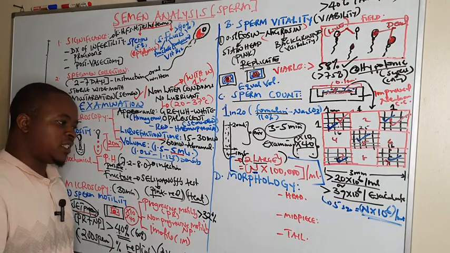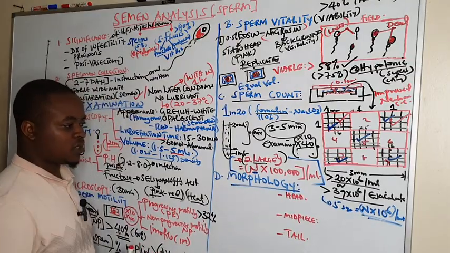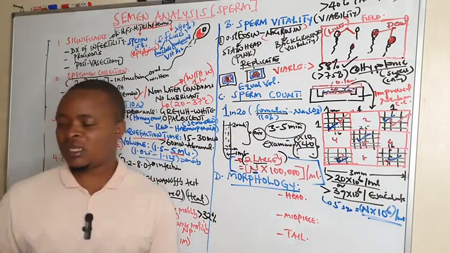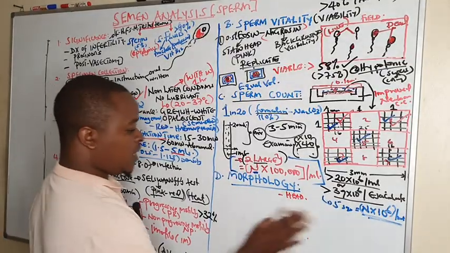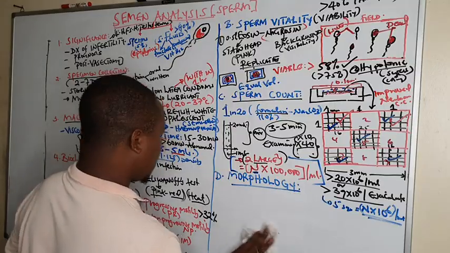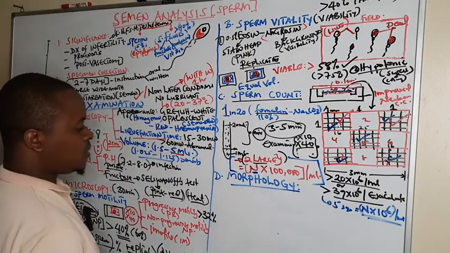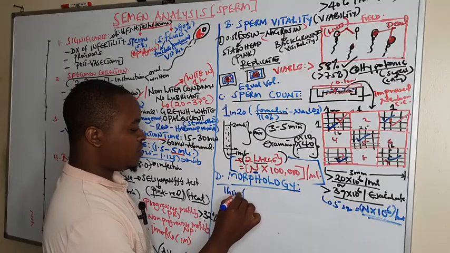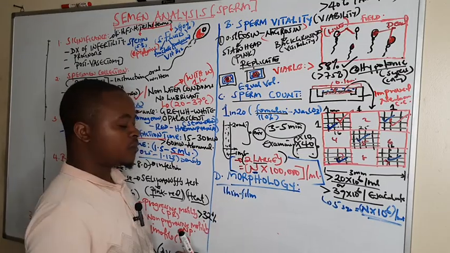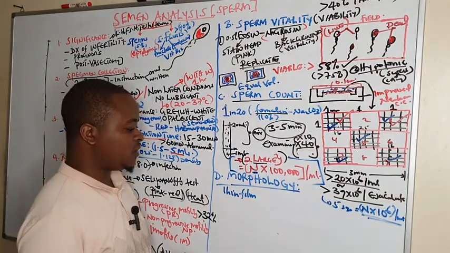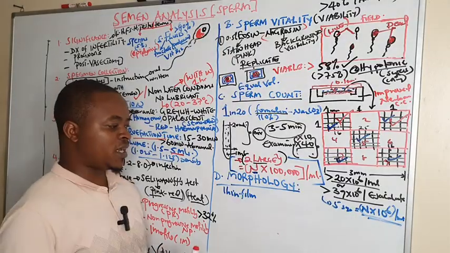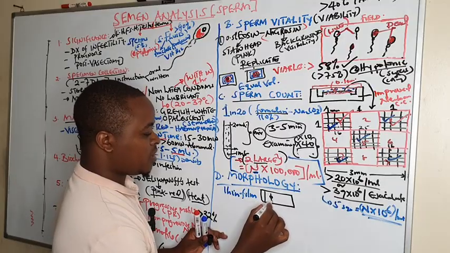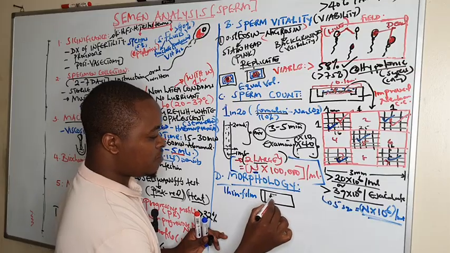So lastly, we want to look at the morphology. That is ruling out abnormality, the sperms that might be abnormal. And how do we do this? The morphology is done by making a thin film. We make a thin film or smear using well-mixed sperms. After mixing them well, make a thin film. If this is a slide, put a drop, and using a cover slip or another slide, make a thin film